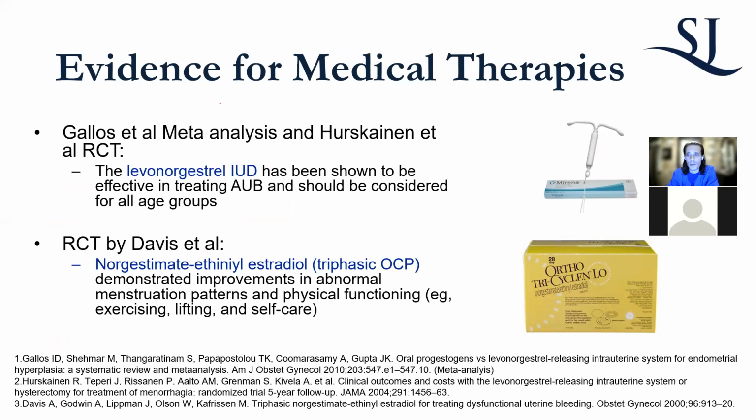So where the evidence comes from is actually very limited. There's an RCT and meta-analysis looking at the levonorgestrel IUD, and that helped. And I mentioned there were a bunch of different phasic medicines. The one that has actually been studied in an RCT and helps with AUB-O is a triphasic, okay? So if you're a scientist like myself, you would say, if the triphasic was studied, it behooves me to use the triphasic, doesn't it? And that's not always covered by insurance. But this is where the evidence is, just FYI. And so you could stick with the levonorgestrel, the Mirena, or your triphasic.